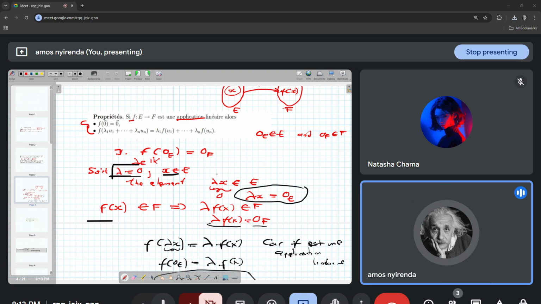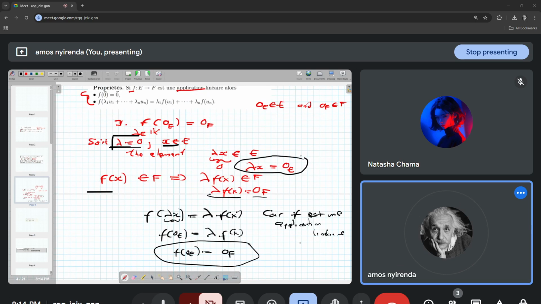Why? It is because E is an espace vectoriel. It is stable by addition. It is also stable by scalar multiplication. So the element lambda multiplied by x here is a scalar multiplication I'm performing here. So lambda multiplied by x is going to be in the space E. Or lambda is equal to 0. So 0 multiplied by any element x in E will give me 0. But what 0 are we talking about, to be specific? Or because lambda multiplied by x is an element of E, so the 0 I'm talking about is a 0 de